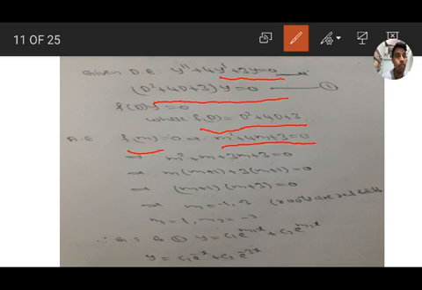That is factorization. 4m can be written as m square plus m plus 3m plus 3 equal to 0. In the first two terms m is common, m plus 1. In the second two terms 3 is common, m plus 1. So m plus 1 is the common factor. We get m plus 3 equal to 0. So m equal to minus 1, minus 3. So m1 equal to minus 1, m2 equal to minus 3, meaning the roots are real and different, so it is the first case.